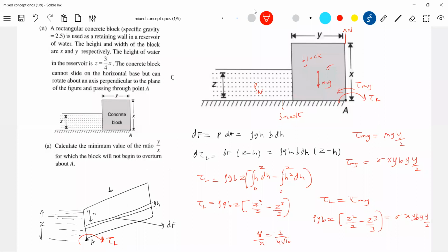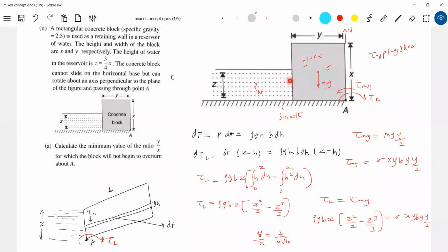Small ideas like toppling. So what is that? Can the hydrostatic force of a fluid acting on a solid topple it, as it has a tendency to topple it? And now you can ask questions, sir, like: this force is acting here. Can it topple? The liquid will exert a force here.